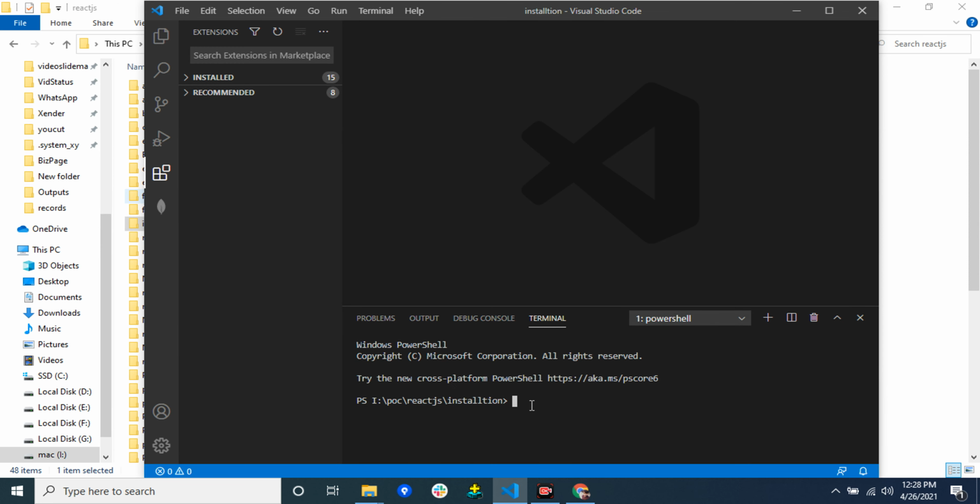So let's start in the terminal. Just a minute. Here, for the installation, start with npx create-react-app and your app name, like website. npx create-react-app and the website name, and this one is npx, not npm.